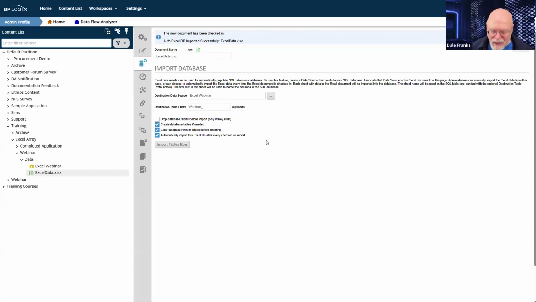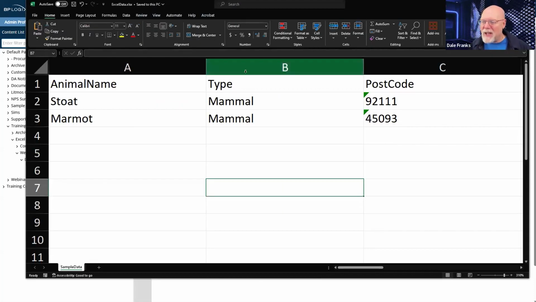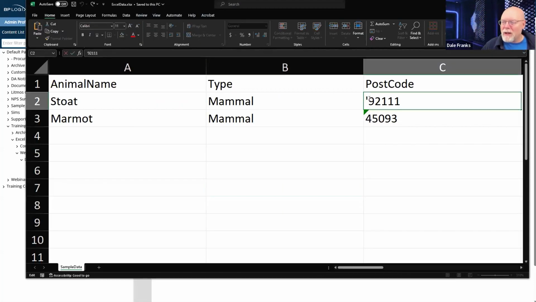Otherwise, if the data is not properly formatted as text in the original Excel, in other words, if you're just showing numbers and your first 5 rows are just numerical zip codes, and then you get to row 6 and it's a Canadian zip code, that's going to make things blow up on you on the import side itself. So there are some wrinkles to this when you set data types. You just need to be aware of that.